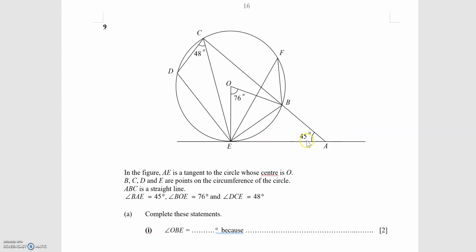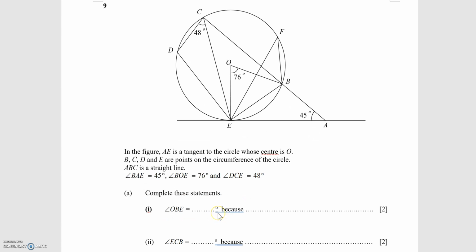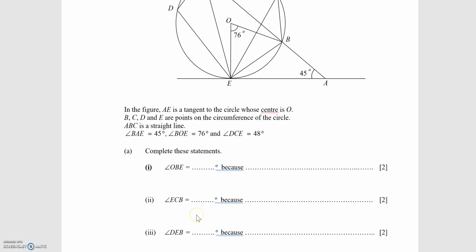BAE is 45 degrees. BOE is 76 degrees. And DCE is 48 degrees. They want us to complete the statements to find the sizes of the different angles and at the same time stating the reasons. For part 1, angle OBE,